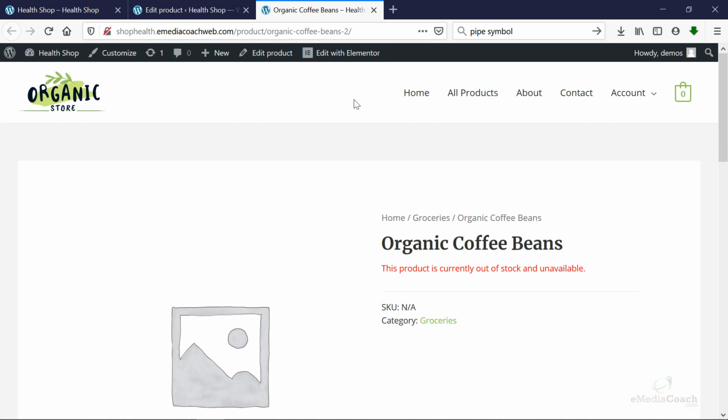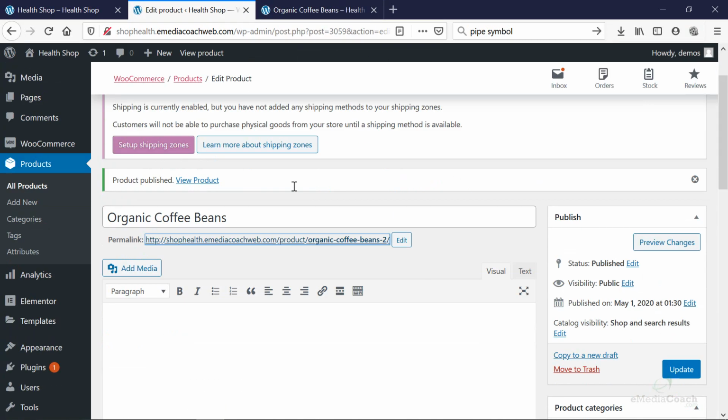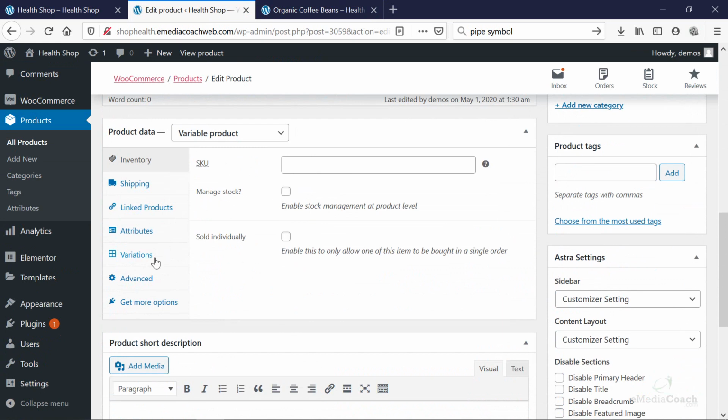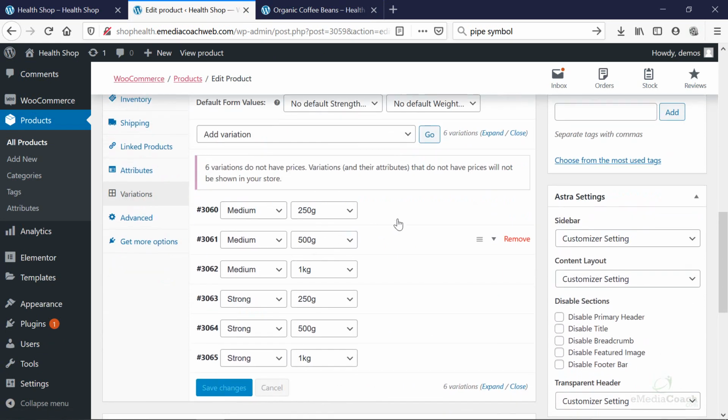And let me just show you what we've done so far, just to take you through bit by bit. Okay, I can't select anything yet. I'll show you why in a second. So if we go back to variations, the system's now added multiple variations based on the information we've entered. Now, if I click on this tab here,